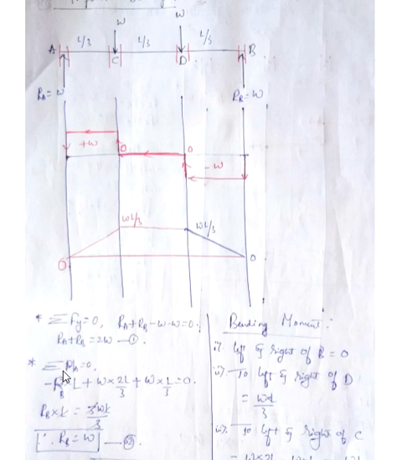Then take summation of moments about point A as 0. If forces give a clockwise moment, take them positive. If forces give an anti-clockwise moment, take them as negative. Coming from the right hand side, there is a reaction Rb and it gives an anti-clockwise moment with respect to A. So I'll take it as negative. Minus Rb into the perpendicular distance, which is L by 3, L by 3, L by 3. When you add, you get L. So minus Rb into L.